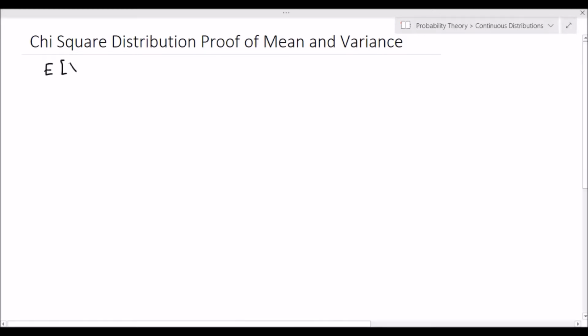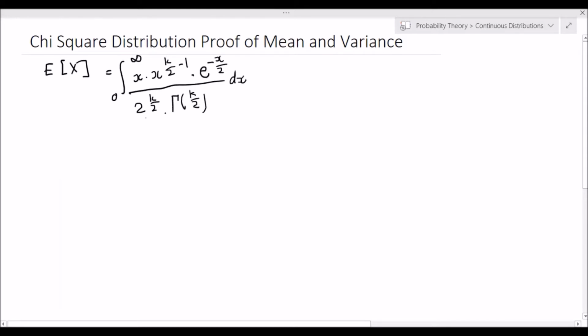So the expected value of x for a chi-square distribution is defined as the integral from 0 to infinity of x times x to the power of k over 2 minus 1 multiplied by e to the negative x over 2 to the power k over 2 times the gamma of k over 2 dx. Now we can simplify the product of these two x's and it becomes x to the power of k over 2 plus 1 minus 1, and this k over 2 plus 1 suggests that we have k plus 2 over 2,